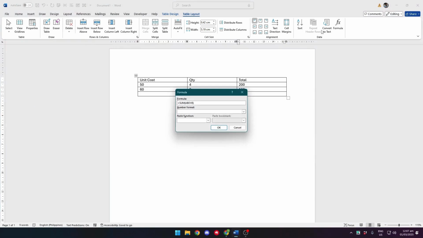Click on formula, and you'll see that you can type in your formula in this field right here. Now let's erase that and click on equal sign. Now click on paste functions, and that should open up a drop-down list. Look for sum